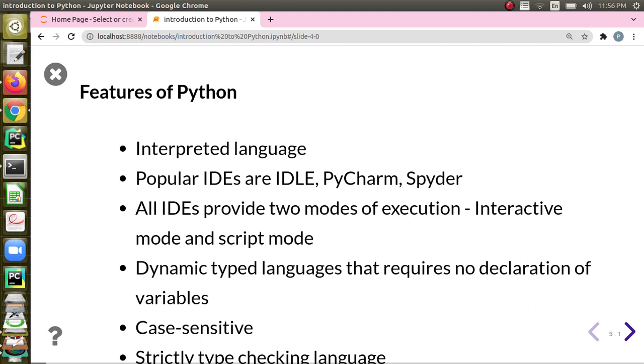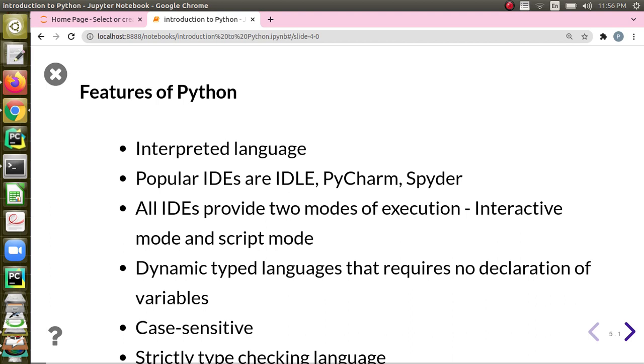This may be compared to a real-time example I will tell. A Japanese Prime Minister is coming to India. He is delivering some lecture. We do not know the Japanese language. So we will be having a translator in between who will be converting each and every line of his speech to the language we know, right? That is interpretation. Whereas if you consider a news reporter who is listening to the same talk by the Japanese Prime Minister, he will not change line by line. Instead, he will do a compilation and bring it as a news article the next day. Right? That's the basic difference between a compiler and an interpreter.